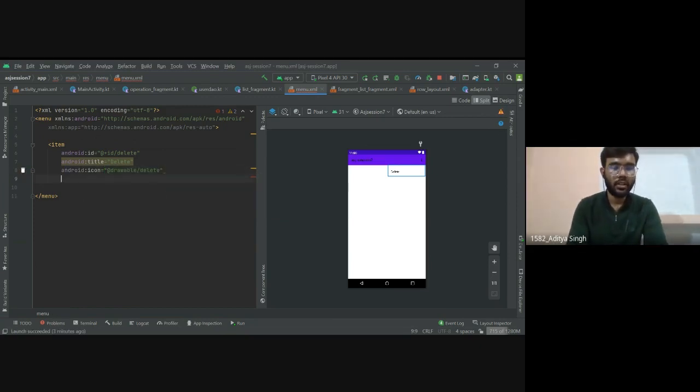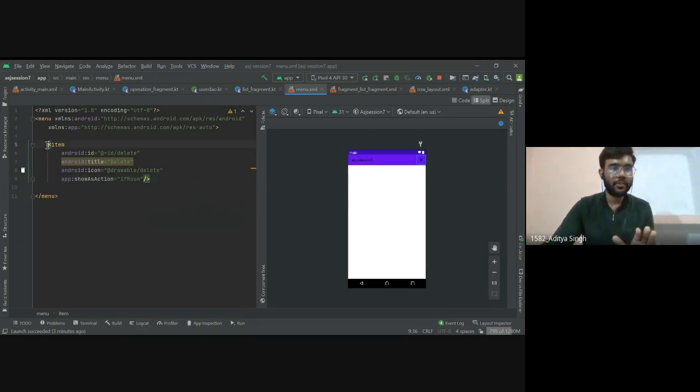Okay, and there is one option, app:showAsAction, ifRoom. What this will do is, if there is enough available space, it will show us the icon at this corner. And if the space is not available, it will show us those three dots, and then after clicking those three dots we will get our delete option. So this is how it is done.